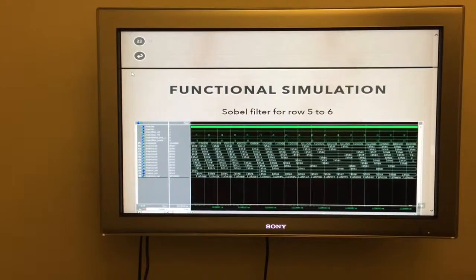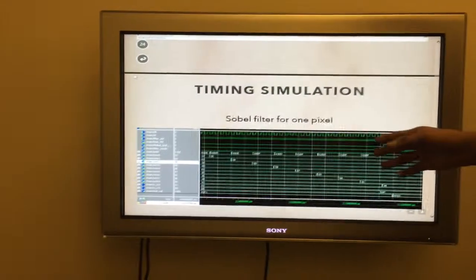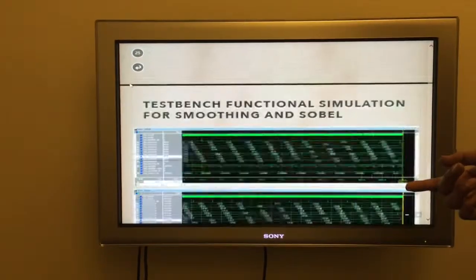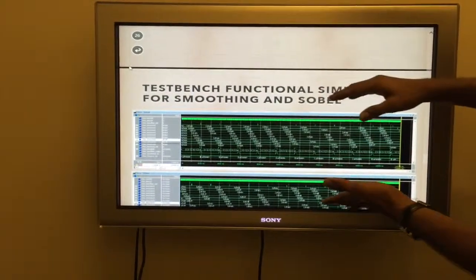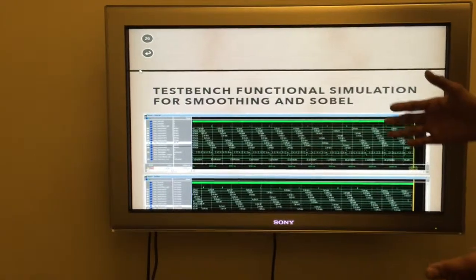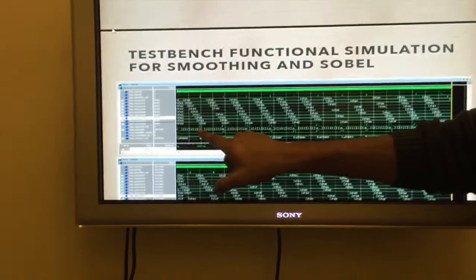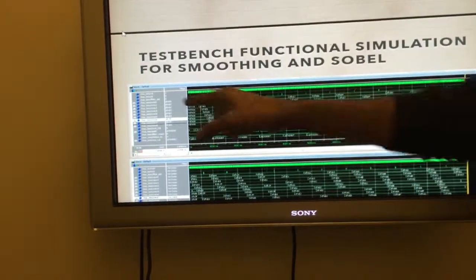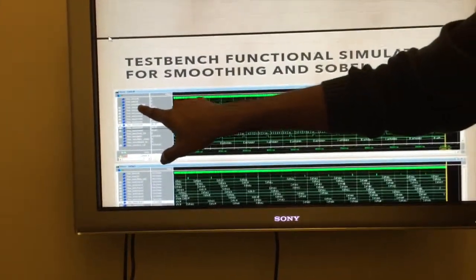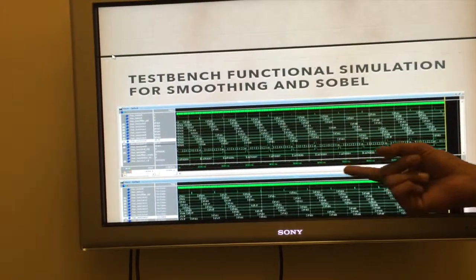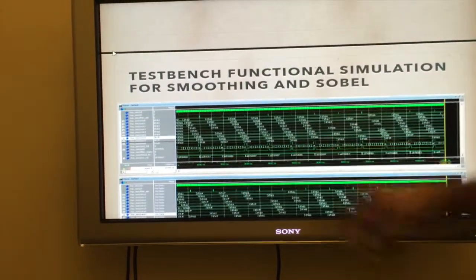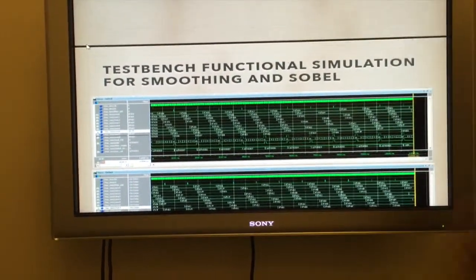So all these will be functional simulations and timing simulations for the Sobel filter, which is similar to what we did for the smoothing filter. And we prepared the test bench for the smooth filter and the Sobel filter together. So basically what it does, it calculates the value and then checks if it is right, and then uses the multiplexer input, that is the filter select, to change over to the other filter, checks if it is right, and then moves on to the next iteration. Moving on.